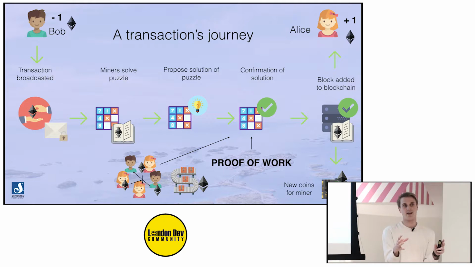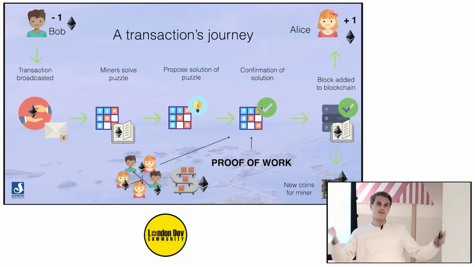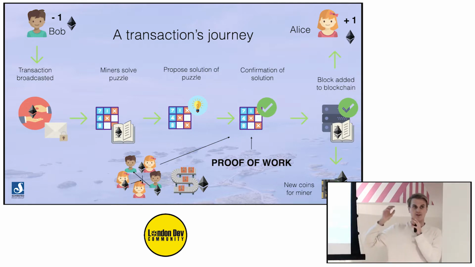And together with that hash, they have to find a random number which matches some constraint. So you take transaction information, the history of the network, and you try to find a random number, which when you hash all these things together, you get a hash that has some properties. Typically, it has a certain amount of zeros in the beginning. And the more zeros you need to have, the harder it is to find that random number which gives you that hash.